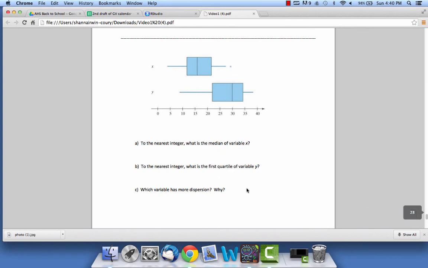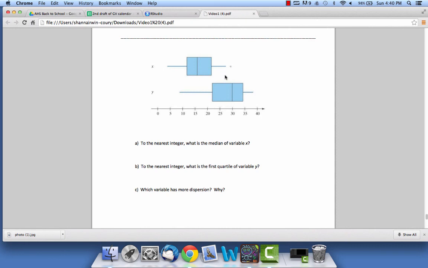And the question of which one has more dispersion is how it's spread out. So this one has a longer range, going from about 9 to about 38. So almost 30. And this one goes from 4